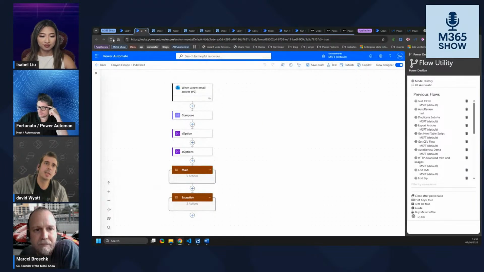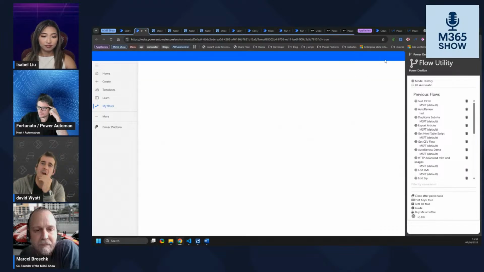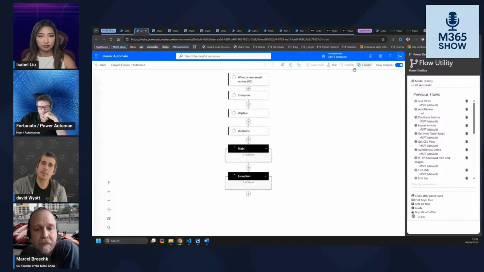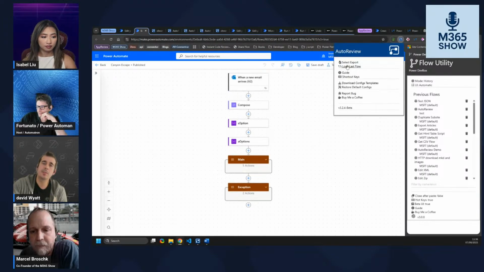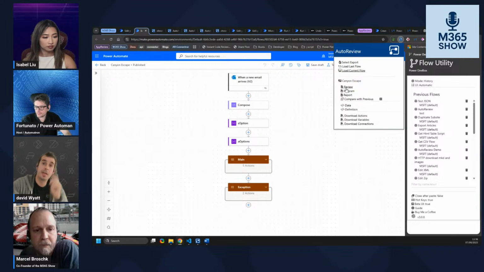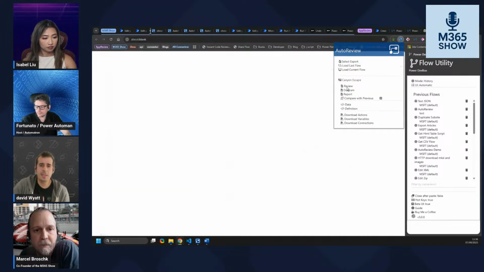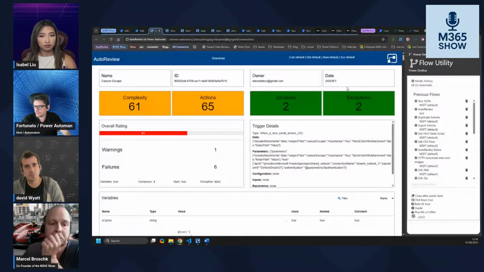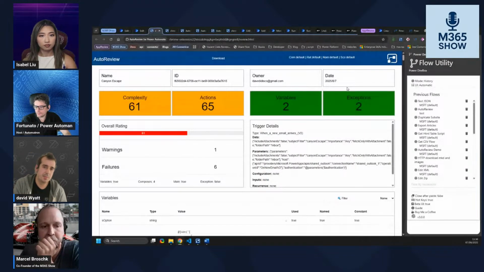You can run it directly from the live flow as well. So if you're in the middle of development and you want a quick look, you don't want to export it and validate it, you can just pop up and it should give you the live flow. Hopefully, there we go. I can load the current flow and have a look at it again. That is one of the challenges of other automation tools: you have to export it and then send it to run it. Well, this gives you the option to run it live in your session, so you can almost do reactive feedback. And again, I can look here and see I've got 4 composers in here.